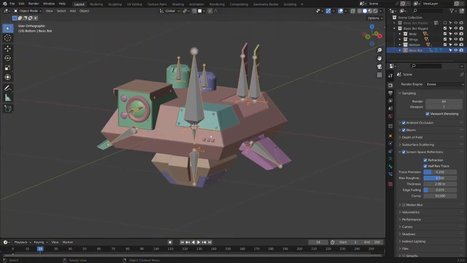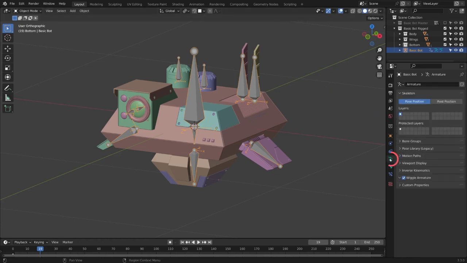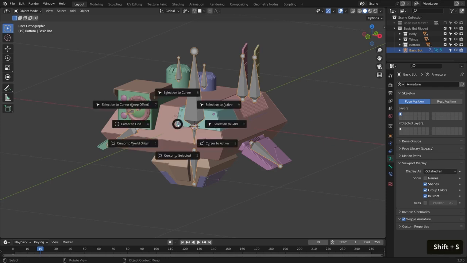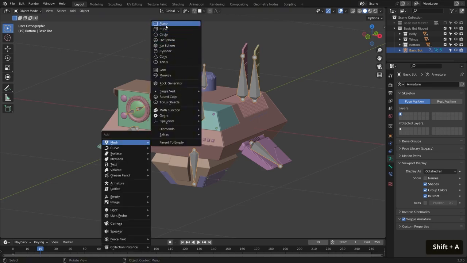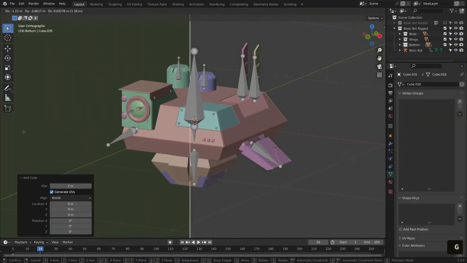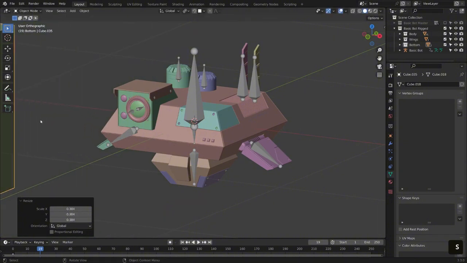Alright, first things first, to improve the look of our rig here, let's jump into our armature options, viewport display, and uncheck axes, as we don't really need to use these anymore. Now, in order to set up our first custom bone shape, we need to create a mesh that will be that shape. So with our cursor in the middle, cursor to world origin, let's create a cube. And let's hit G and move it off and maybe scale it down a bit so it isn't too